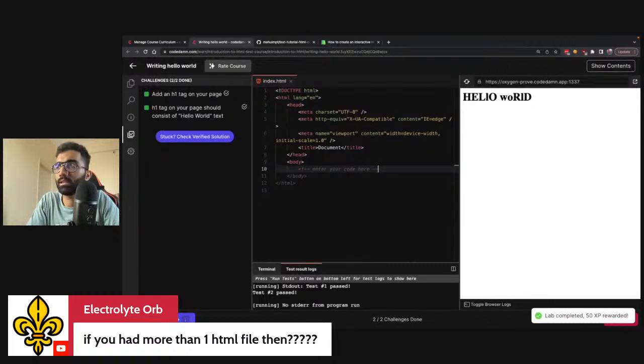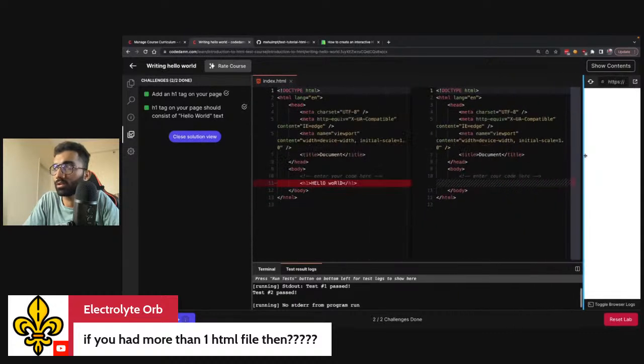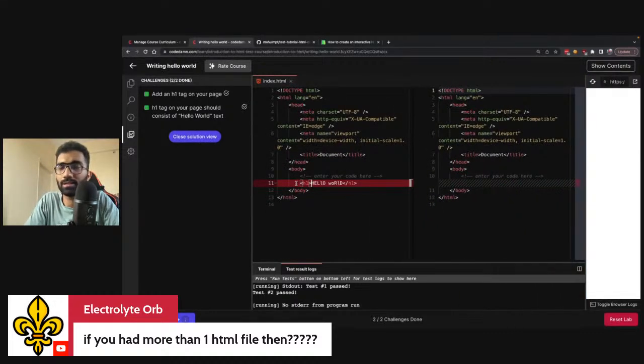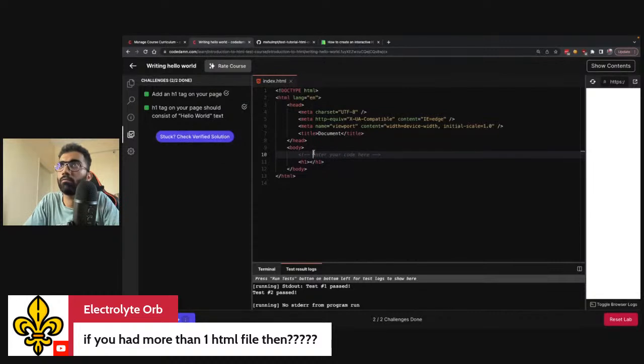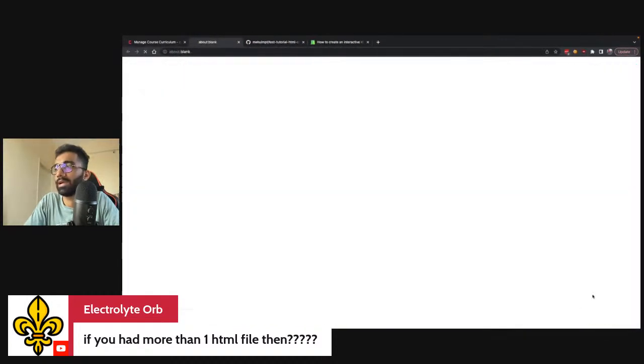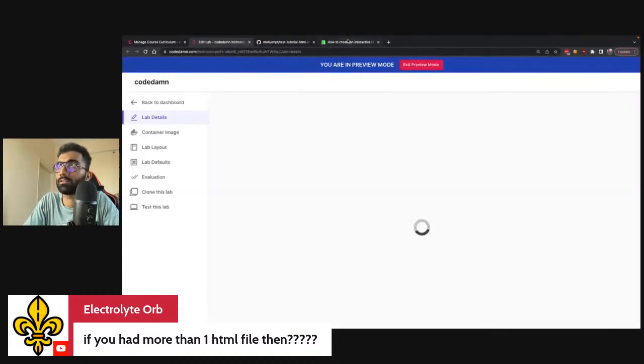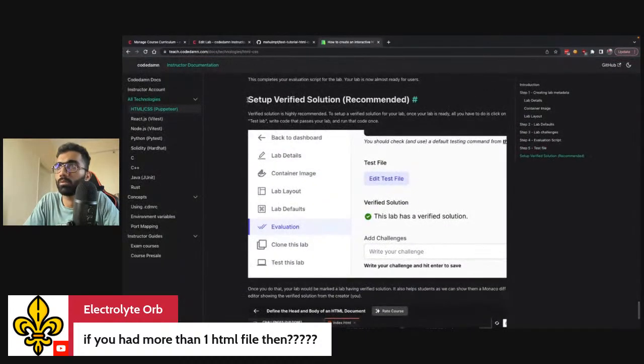If I click on verified solution, as a user, I can see what you as a creator entered over here, right? So I can take a look at what I need to add. I would understand, okay, I need to add an H1 and I need to add that hello world text, right? So this button only appears if your lab has a verified solution, which is the final part of setting up a lab.